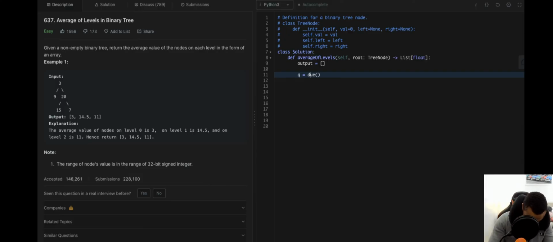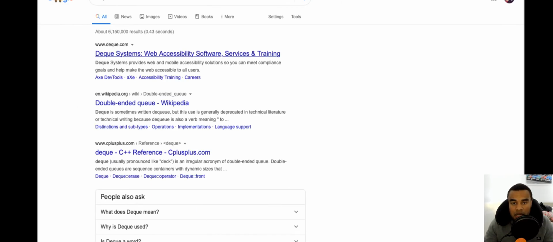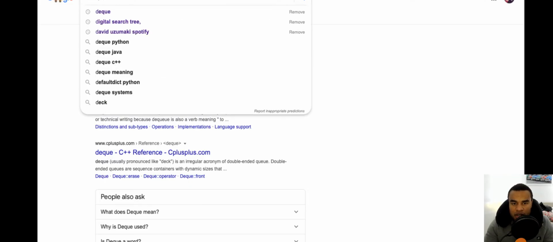How do I spell deque? I know internally a deque is a doubly linked list. I spelled that right, didn't I? D-E-Q-U-E. Wait, what came up when I just searched that? Digital binary search tree. Decorum.